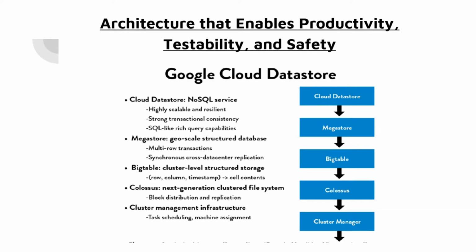So when we work in an architecture that doesn't work, or if we have to change, whatever the cause may be, an architecture that enables productivity just depends on your situation. So for example, with the Google Cloud Datastore,